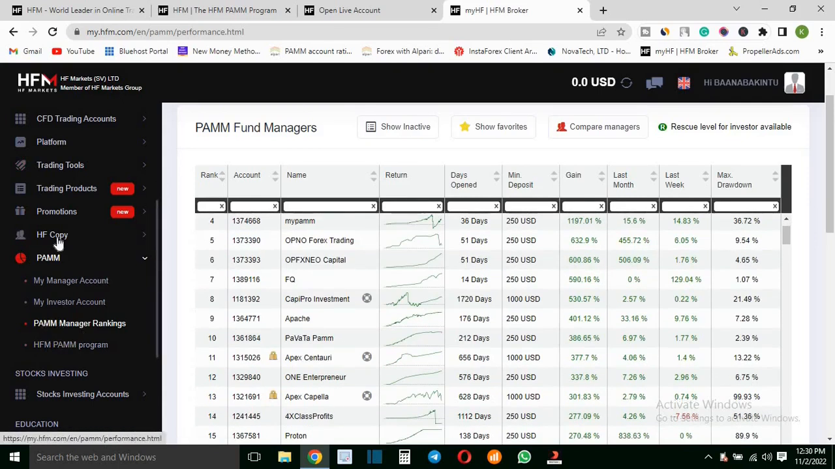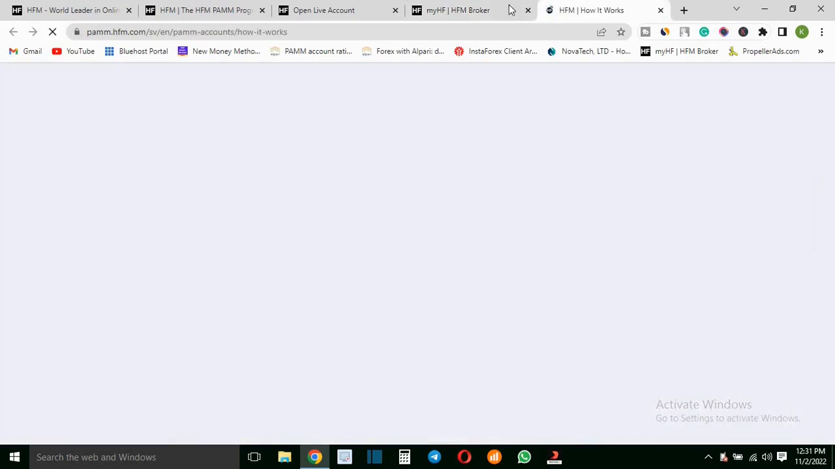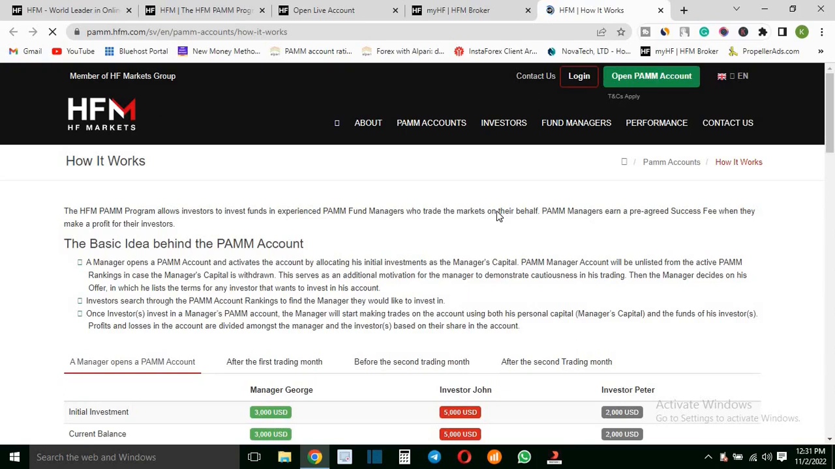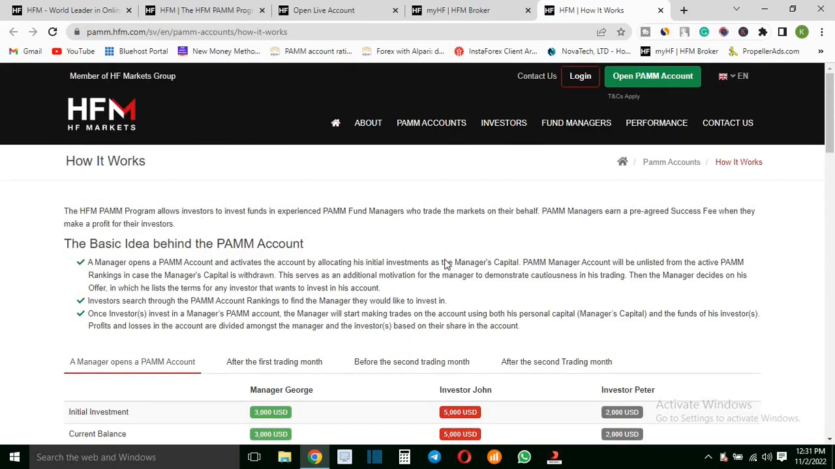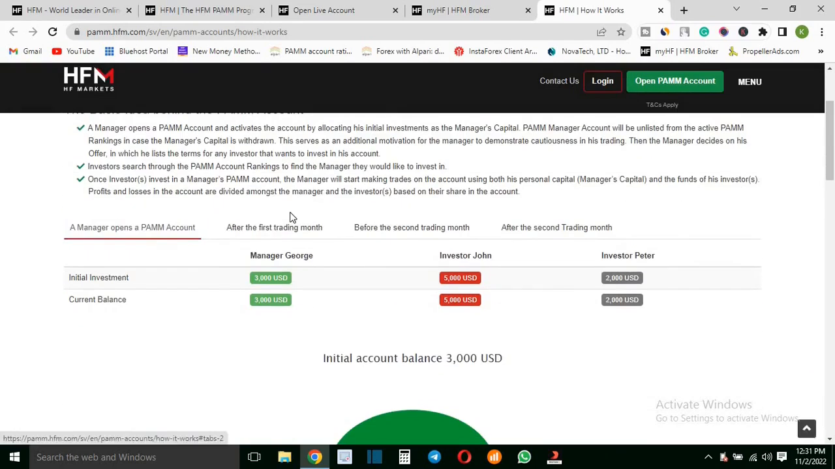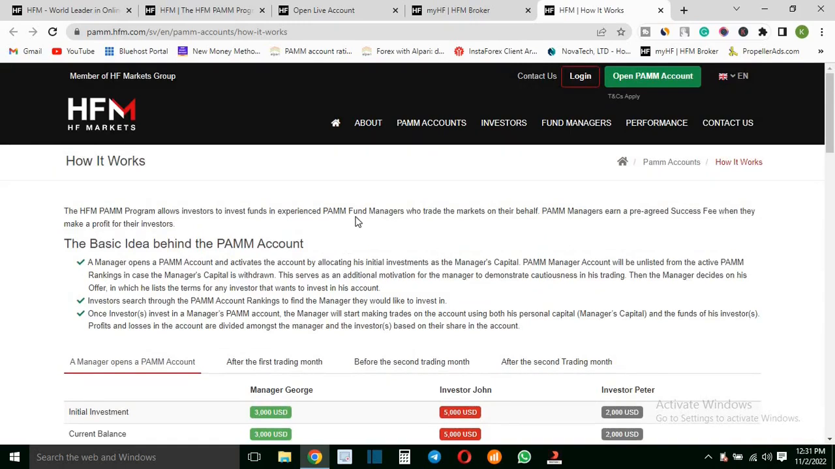So now when you get back to this PAMM section right here, you can check on the HFM PAMM program. Let's open it in a new tab. Now here you can find more of the details of what PAMM investing is all about. So you can take your time, read through on how it works, how these PAMM managers open their accounts, and then they have to fund it with at least a minimum investment, and then they try to trade it for at least a minimum of 1 month,